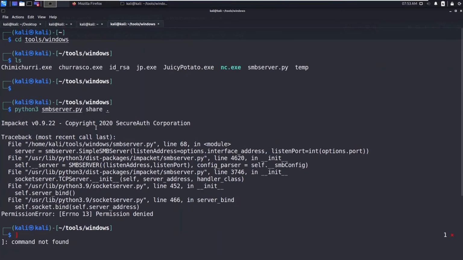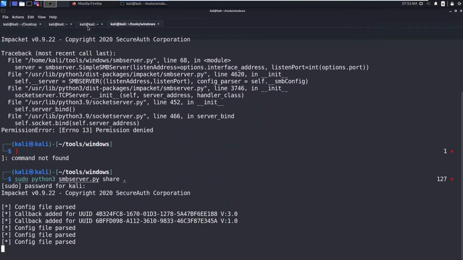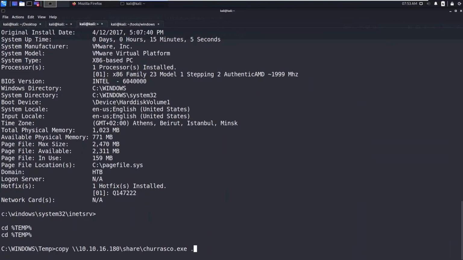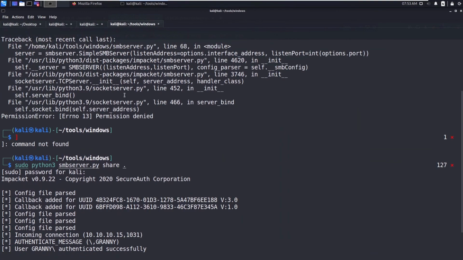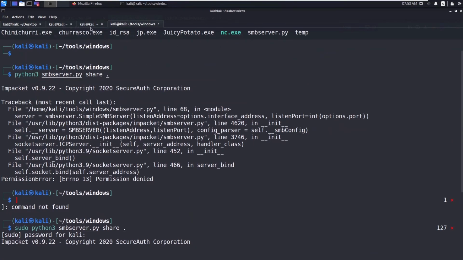I think our name should be correct. Churrasco. Okay, that's fine. So let's copy it into the temp directory. And by the way, we can also transfer the netcat binary.